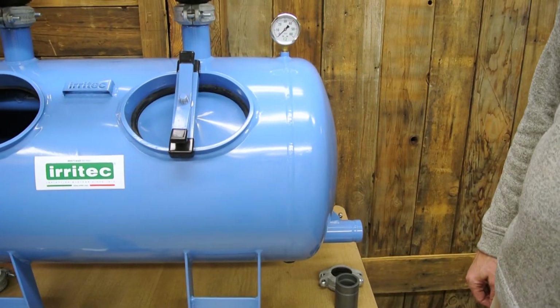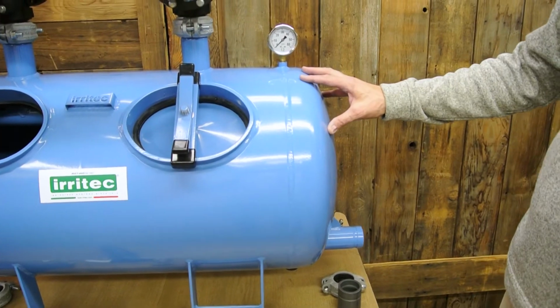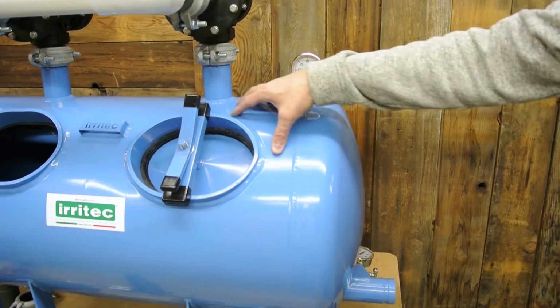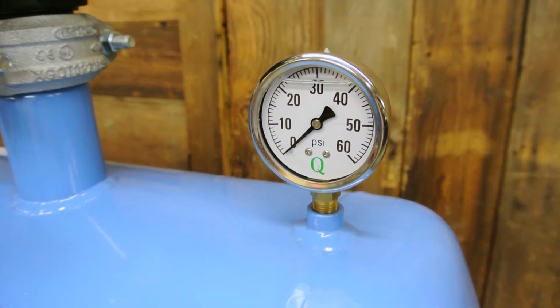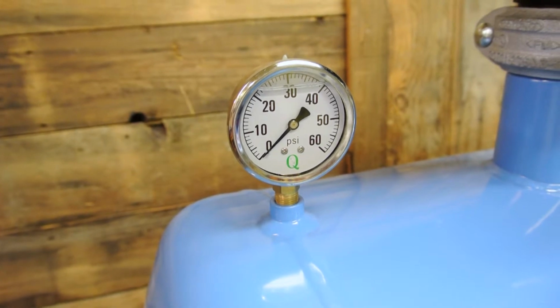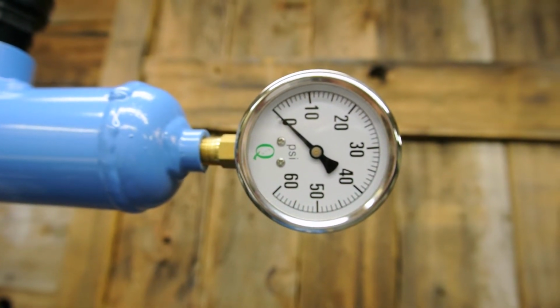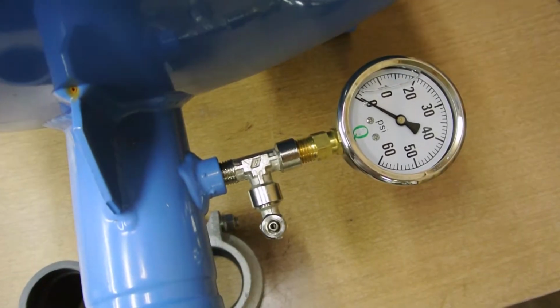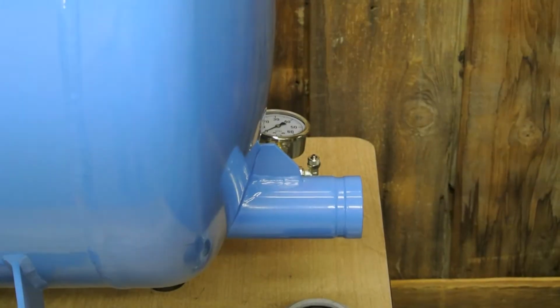On the parts list, you saw 4 gauges. Our gauges are located here. We have 2 of them on the tank itself to show us the dirty water coming in. You'll have one located for this side of the tank. You'll have one located for that side of the tank. You'll also have a gauge up here which will indicate what the pressure is on our dirty water line coming in, and you'll have a gauge down here which is going to indicate the pressure as the water's been cleaned